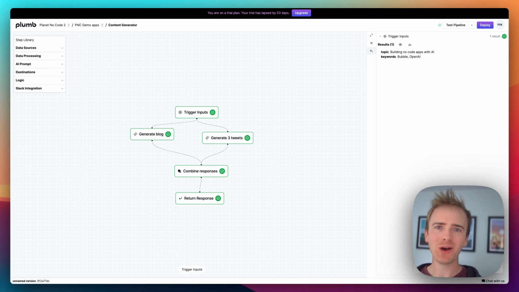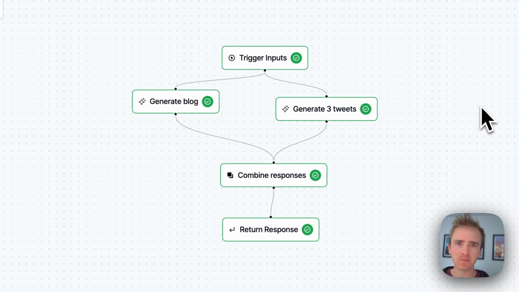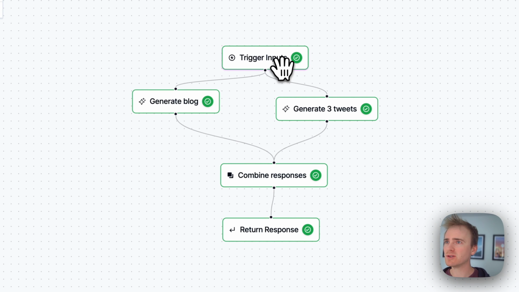Plum will take your no-code AI app to the next level. Here are 3 reasons why. First of all, you get this amazing pipeline builder, which allows you to group together multiple nodes and run multiple